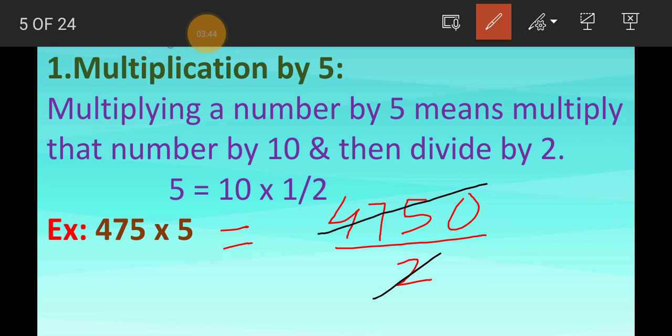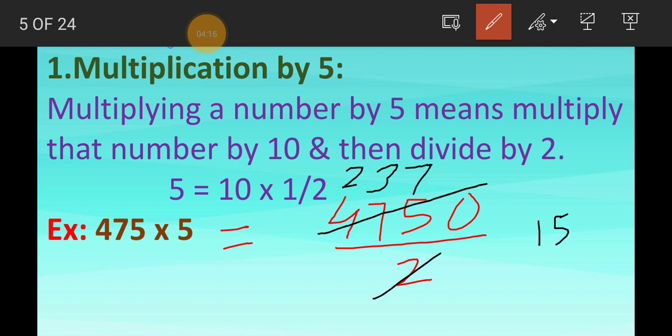See, if I have to divide 4750 by 2, initially I'm going to divide 4, only one digit, by 2, so 2 twos are 4. Whatever the answer you are getting, you have to just write above the number. That is going to be your answer. Then when I have to divide 7, it will be 2 threes are 6, because 7 is not coming in the table of 2, and 2 fours I am getting 8, which is more than 7. So 2 threes are 6, 7 minus 6 I am going to get 1, and I will copy 5 from up, so it will be 15.